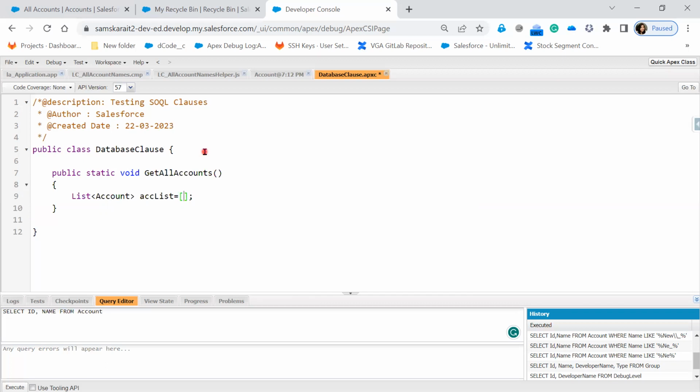Why do we need new? Directly I can write it here. Right, yes. Select Id, Name